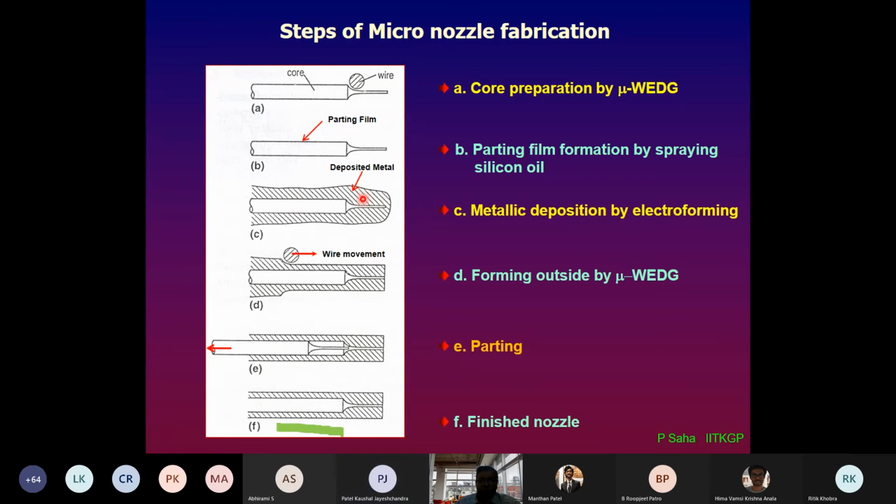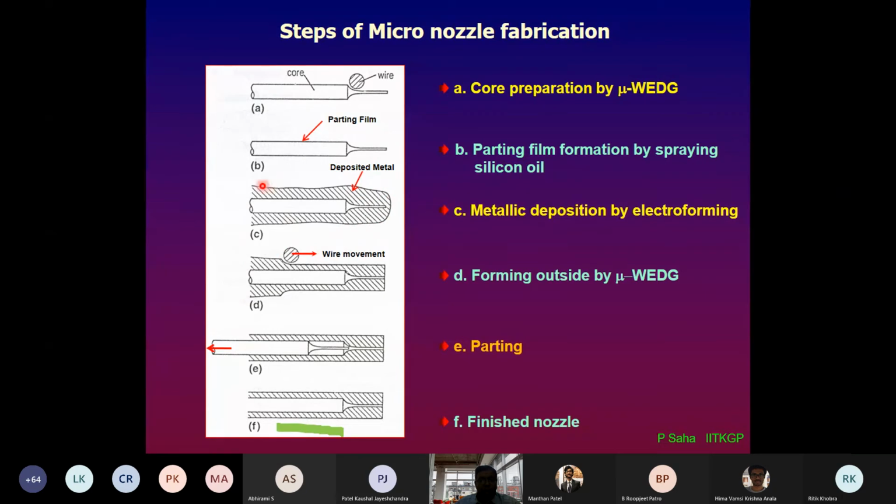This may be, again, with a deposited metal. Now what do we do? This is a deposit material, but because it is an electrochemical process, such a precise, exact form cannot be created, because the deposition will be controlled by the local field factor. So it will have such kind of features. The sharp corners or sharp profiles cannot be exactly replicated.